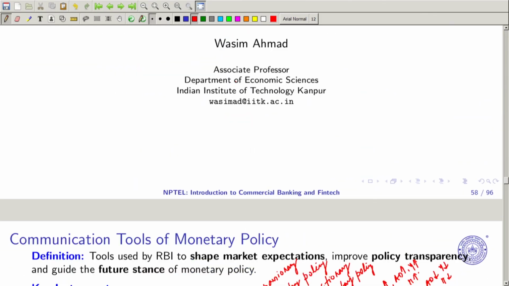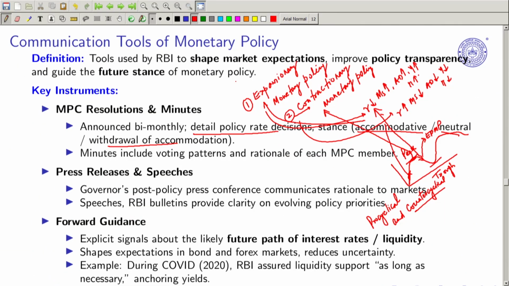Then in this particular session, we also touched upon some of the basics about communication, how communication of the central bank is crucial for commercial banking and also for fintech. So this will be